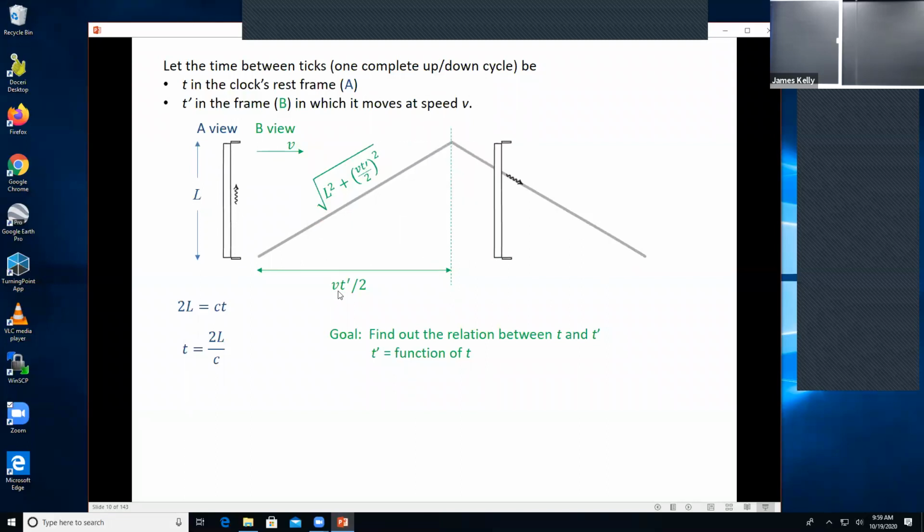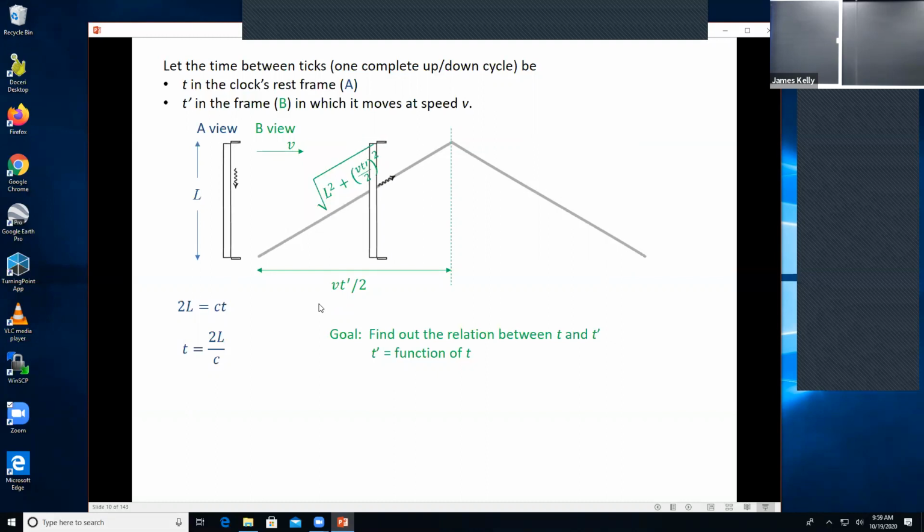Now, in labeling the hypotenuse that way, we still haven't taken into account the fact that there's only a fixed speed of light. Notice that c doesn't come into this formula at all. One way to take that into account, and this was part of a homework problem, is